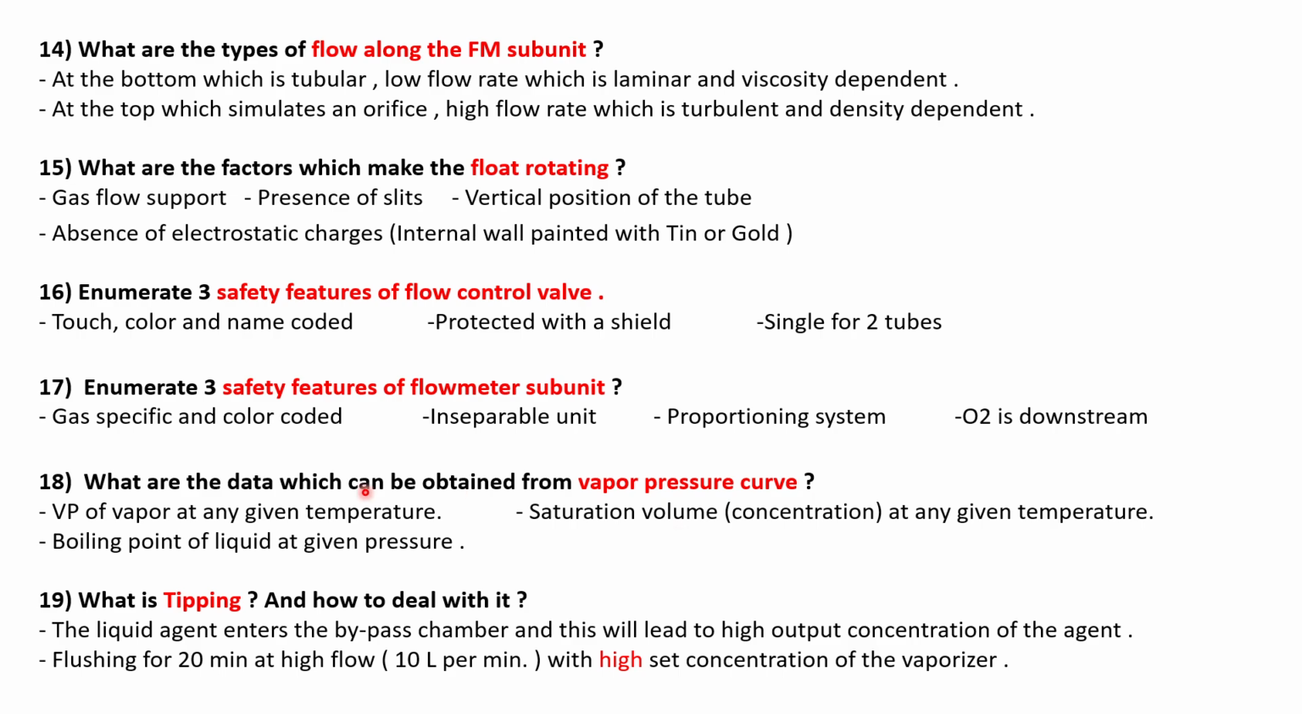This is in vaporizer session. What is tipping and how do we deal with it? The liquid agent enters the bypass chamber, and this will lead to a high output concentration of the agent. Flush for 20 minutes at high flow, 10 liters per minute, with a high set concentration on the vaporizer. Okay,